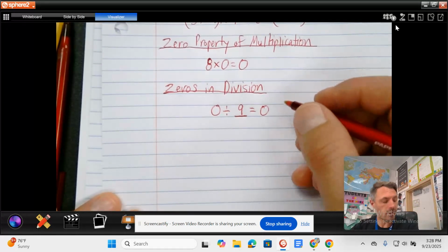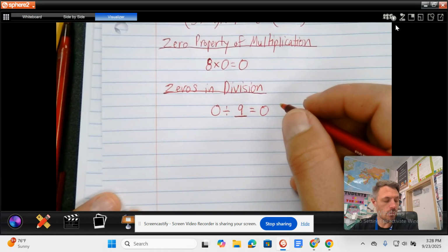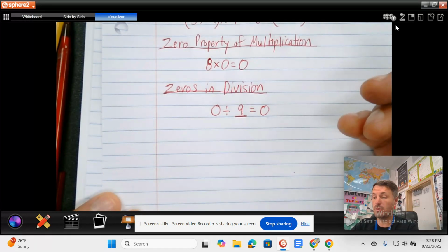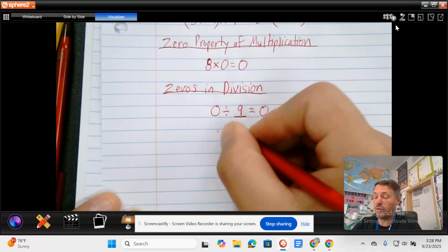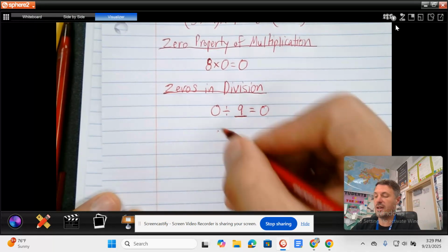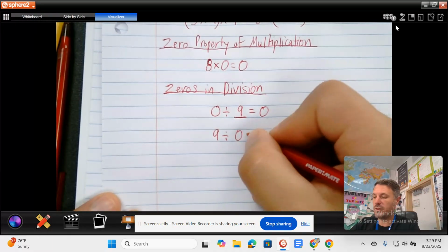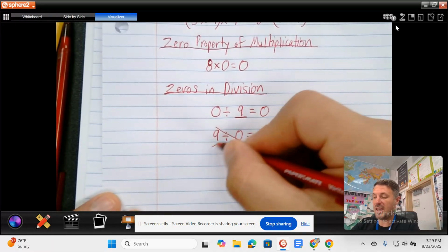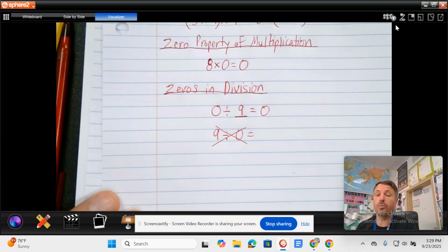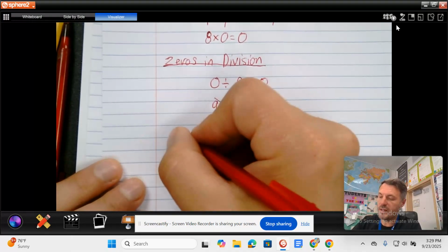Oh, and then there's another part of that rule. It is not possible to divide a number by 0. So let's say this was reversed, and instead of 0 divided by 9, it was 9 divided by 0. Well, that equals nothing. You can't do that. You can't divide a number by 0. Okay? And then there's ones